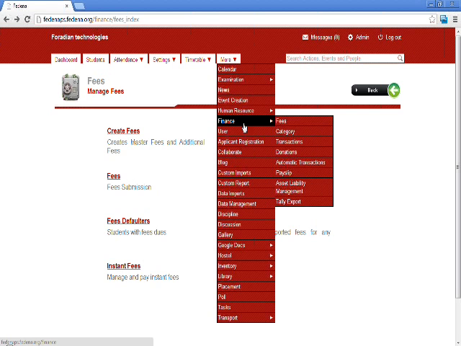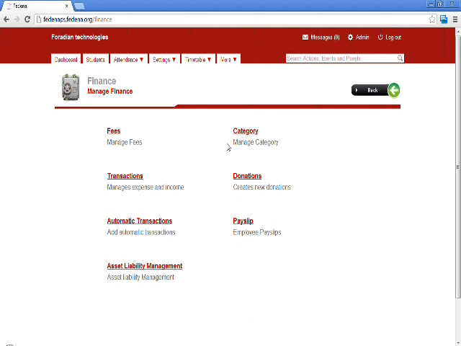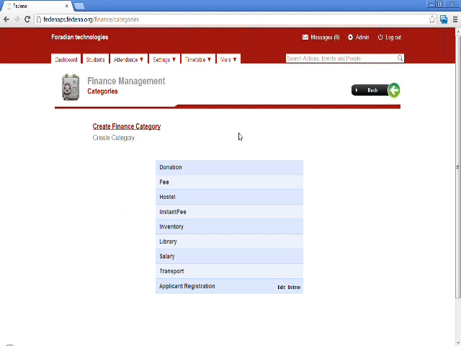And the next one is the categories, where we can create the different finance categories. There are a few default categories like donation, fees, hostel, inventory, library, salaries, etc. Apart from this, if you want to create a new finance category